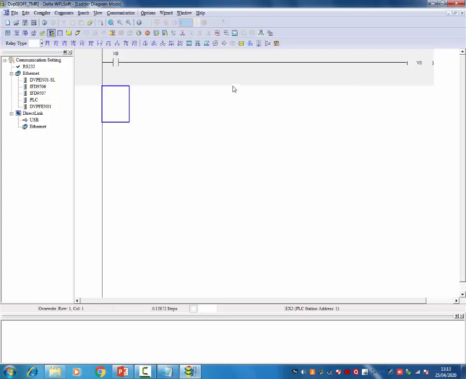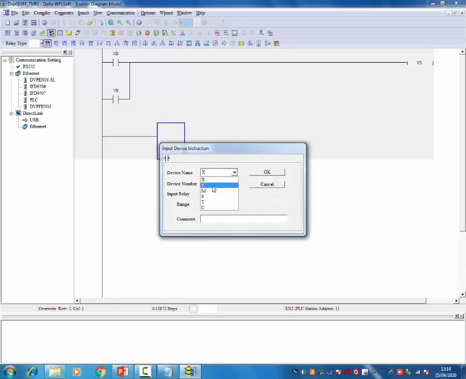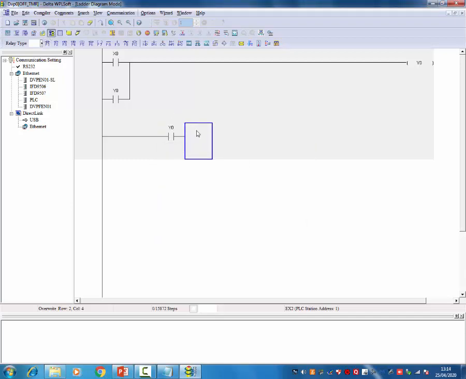That's why I'm considering X naught as a switch and the output as Y naught, giving the latching condition, that is Y naught, to hold my output condition. Why I'm giving this, I'm going to explain clearly. Give that output Y naught address to the timer T naught. The syntax and timer address are the same, but the operation is different over here. I'm giving Y naught as the input to my timer T naught, with the time delay as 75 seconds.